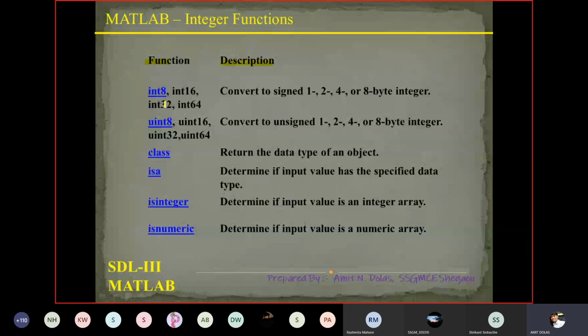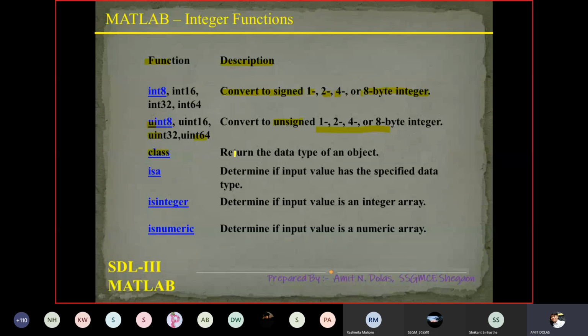Functions: integer 8, integer 16, integer 32, integer 64 convert into signed integers of 1, 2, 4 or 8 byte integer size, generally stored in bytes. Then unsigned integer 8, 16, 32 and 64 convert to unsigned integers stored in 1, 2, 4 or 8 bytes.